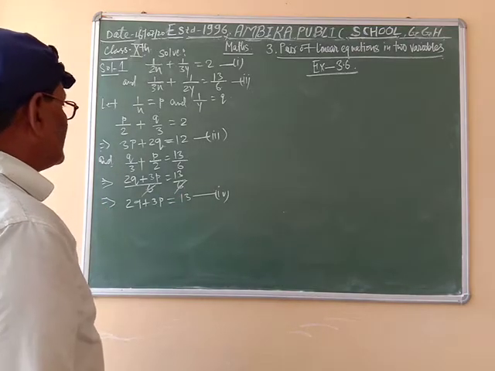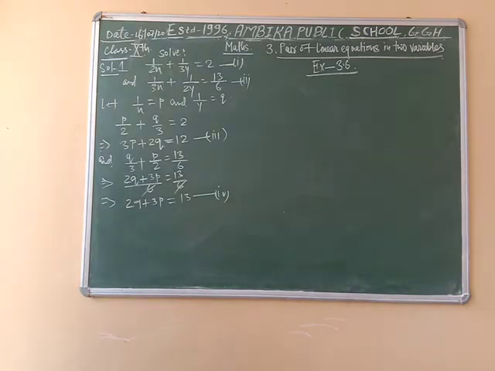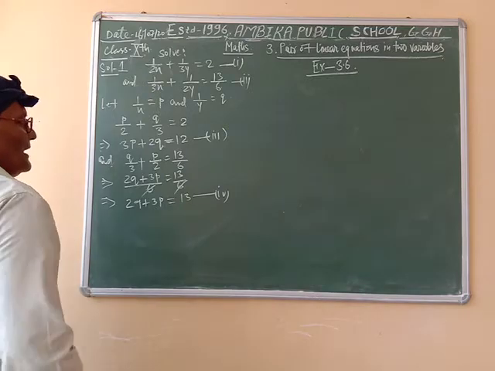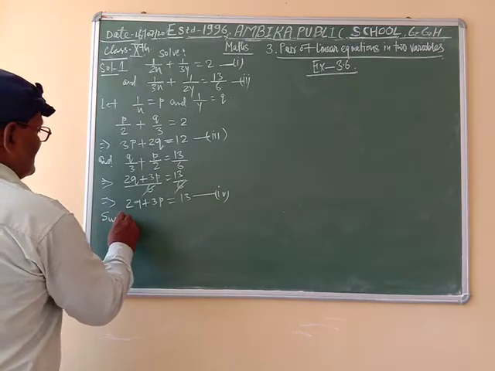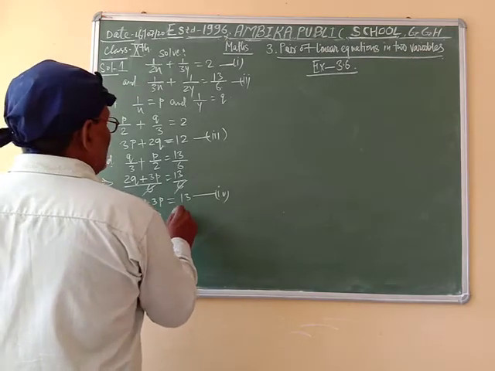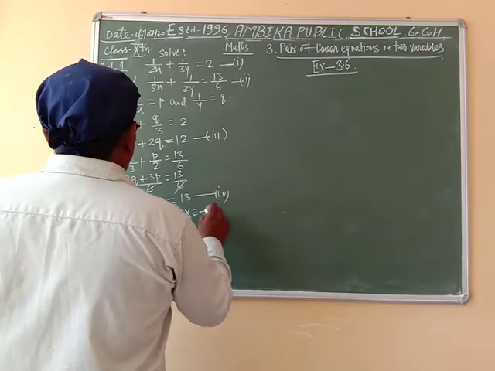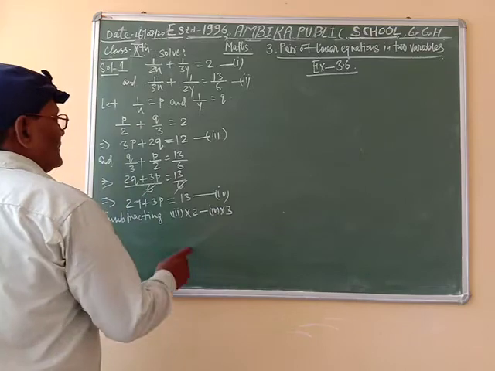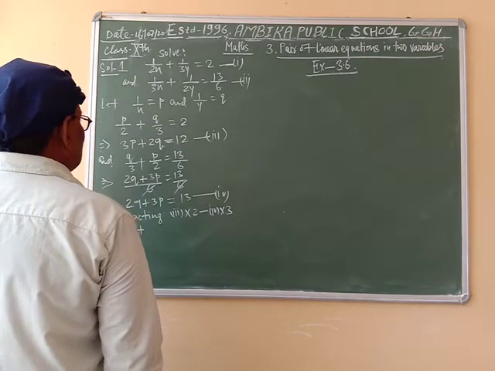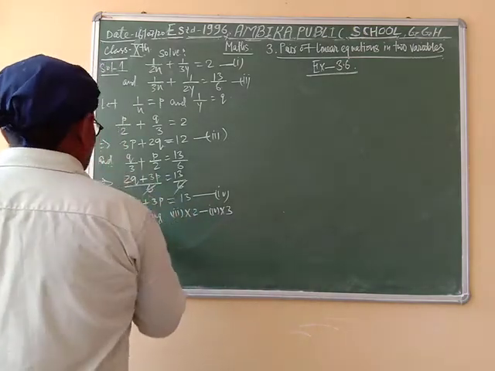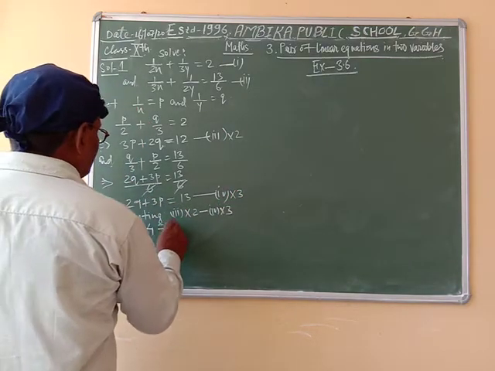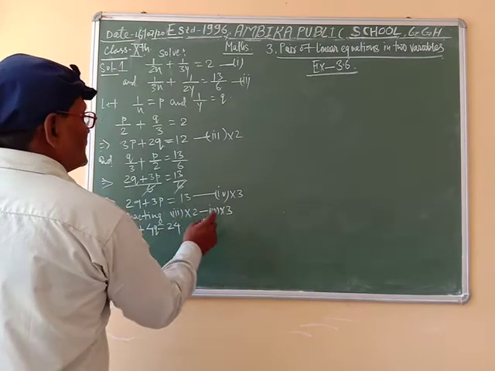So solving equations 3 and 4 by the elimination method, we multiply 3 by 2 and 4 by 3 and subtract. Multiplying equation 3 by 2, we have 6p plus 4q is equal to 24,